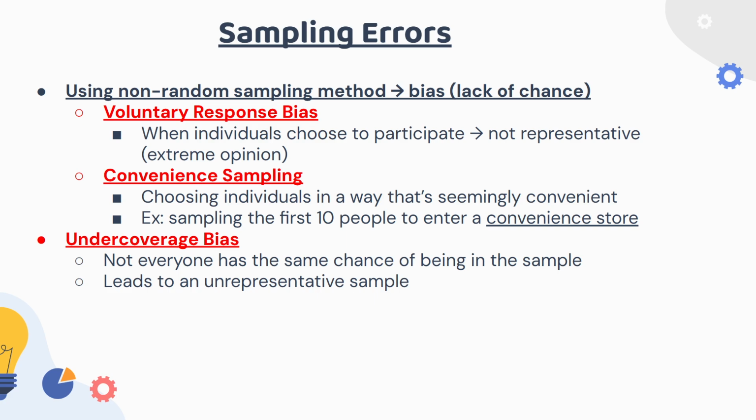And then you also have convenience sampling. So you choose individuals in a way that's seemingly convenient. An example of this is you sample the first 10 people that enter a convenience store, or a teacher samples everyone in the classroom. The problem with that is the people who walk into a convenience store, or the people in a statistics